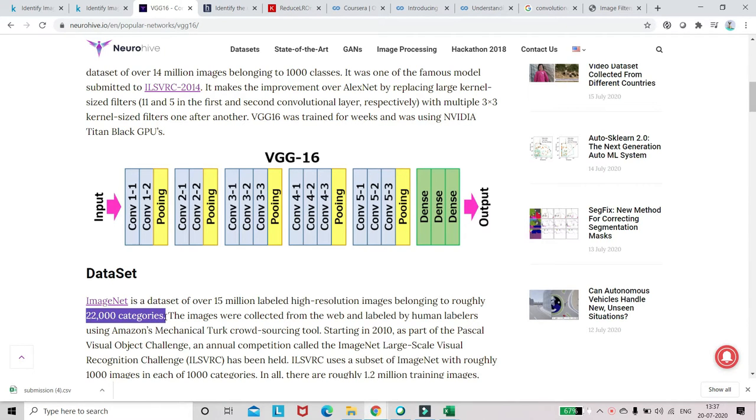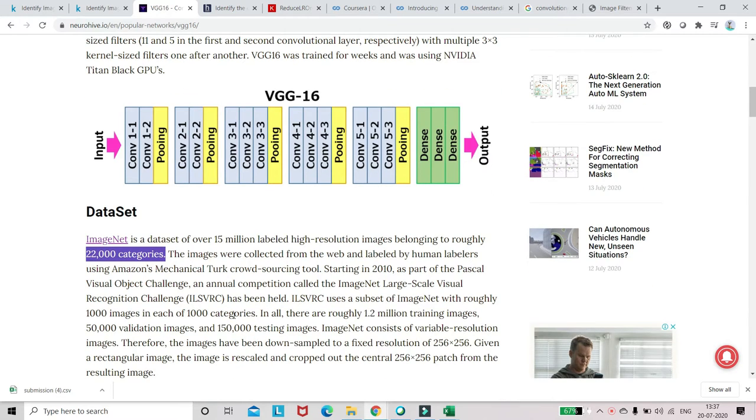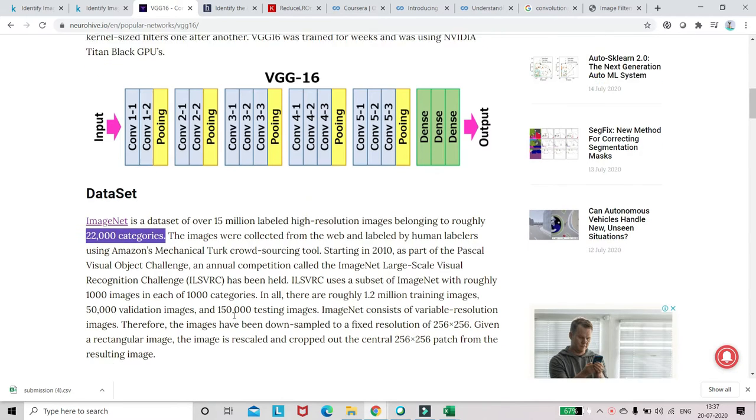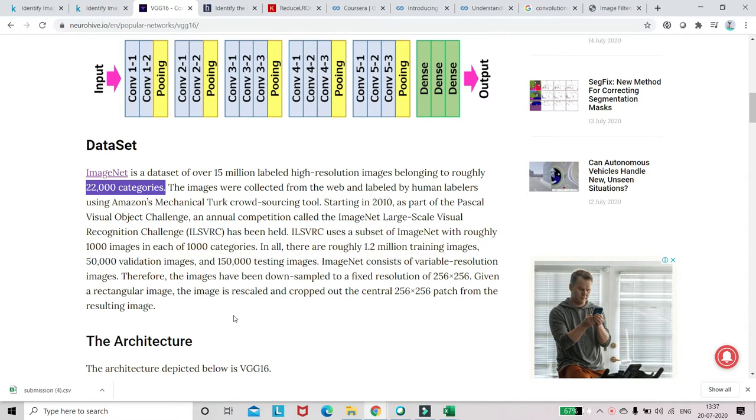We don't have so many images, nor do we have so much computing power, CPUs, GPUs to achieve this, and they would have trained it for weeks and months to get the results. VGG16 has nine convolutional layers.